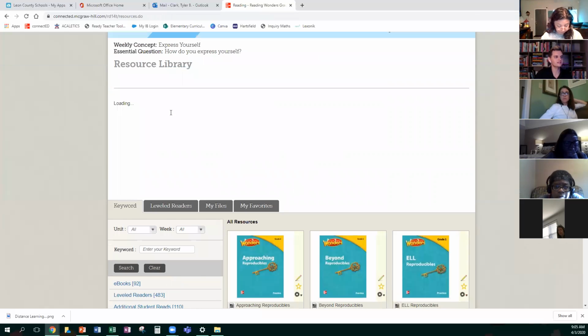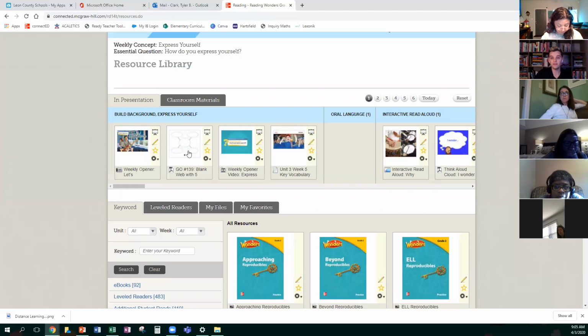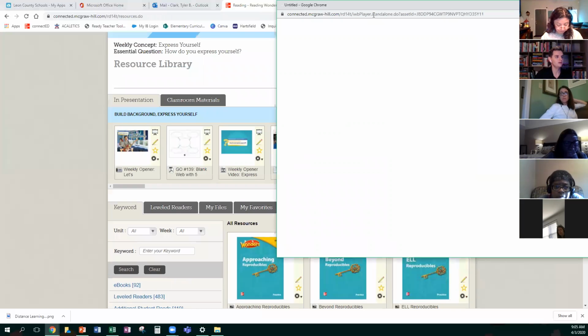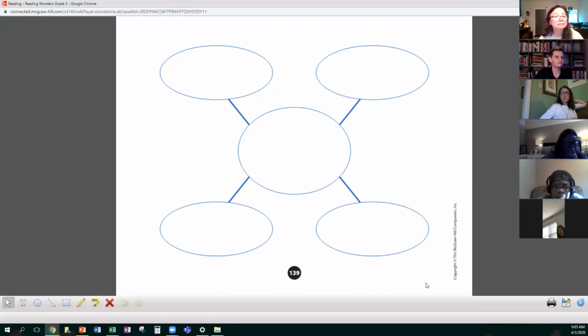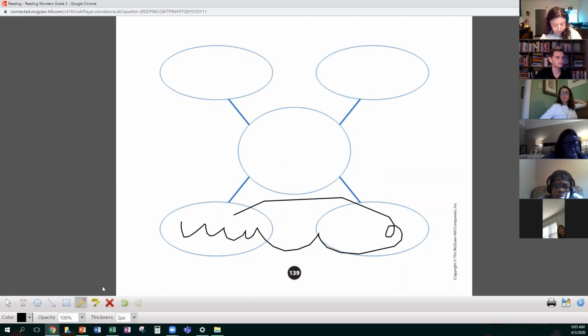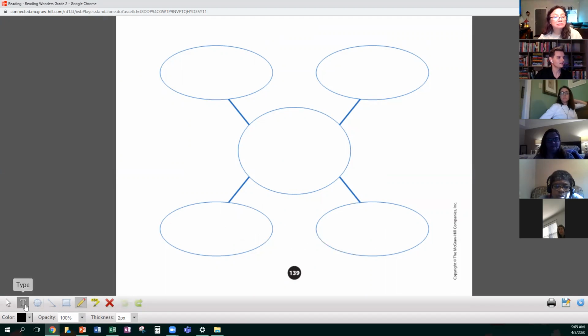Now, when students open up that assignment, it will open up like this in an interactive workspace for them to complete. So, excuse me, they can either choose the pencil tool and write on it. You can get rid of everything. Where's the eraser? Oh, undo. They can type onto it